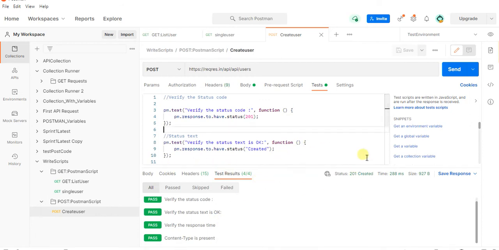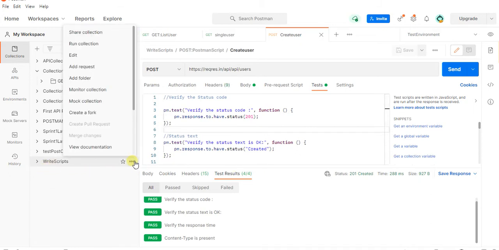So every time we are sending a request and then seeing the test results here. To avoid that, just click on the 3 dots. You will find the run collection. I am going to run this collection.